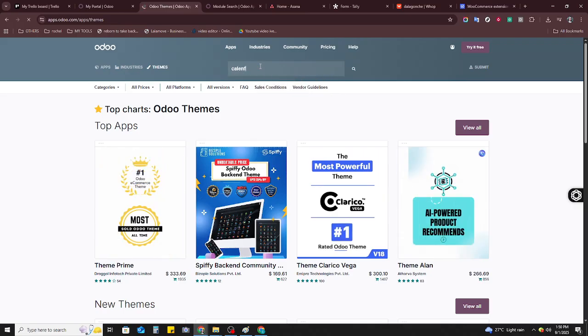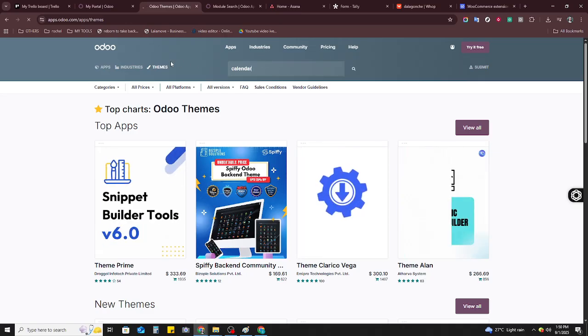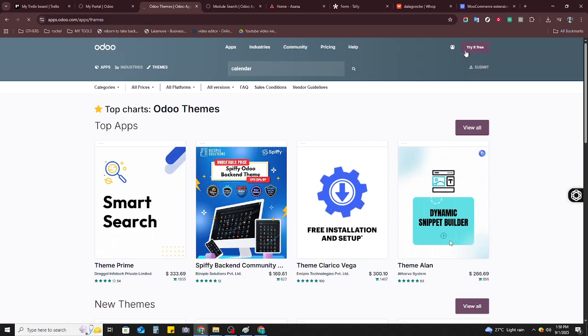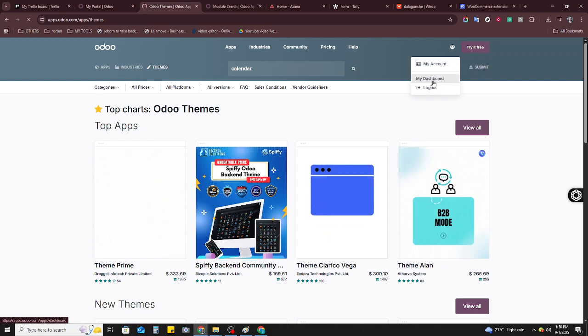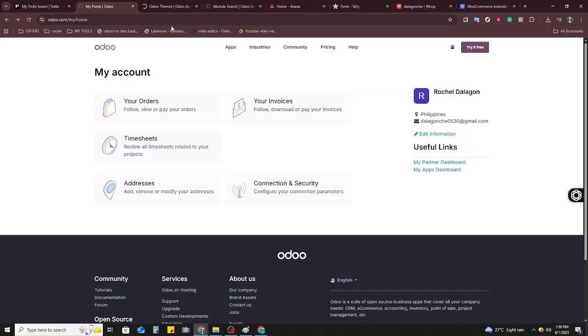Now, it's time to learn how to create a new event, although we won't delve into the specific steps for this action today. Creating new events is a fundamental aspect of managing your schedule in Odoo, and with the skills learned here today, you're now set to explore further features at your own pace. By following these steps, you've not only learned how to access and navigate the calendar in Odoo, but also gained insights into